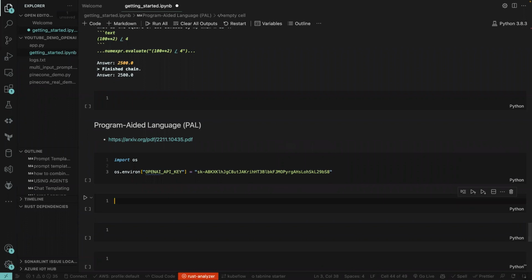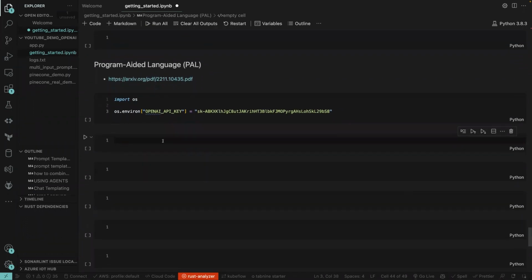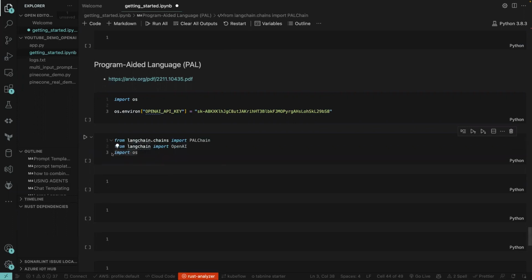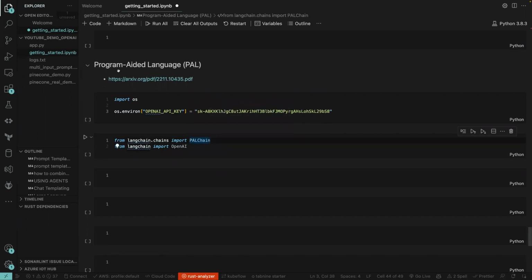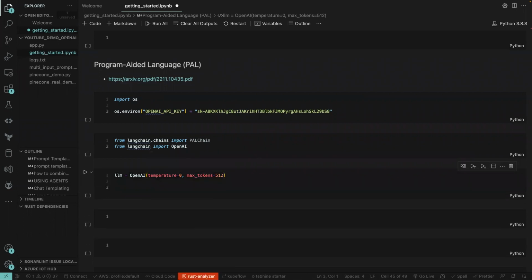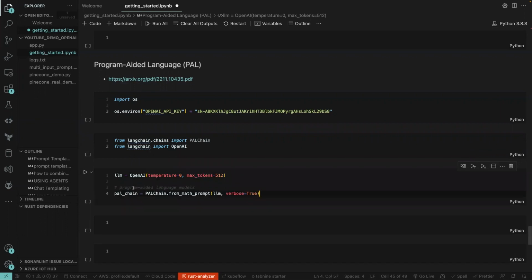Okay, so with this import, we can get started. I'm just going to paste the import. The first one that we are considering is PAL chain, which is the same as program aided language chain. And then as usual, we are going to import our OpenAI. Once we do that, I'm going to paste the OpenAI class and then pass in these few parameters. And finally, we're going to consider the program aided language. So this is how you call it. Say PAL chain dot from math prompt, and then you pass in the large language model, and then verbose is equal to true. Now that you have access to the PAL chain object,